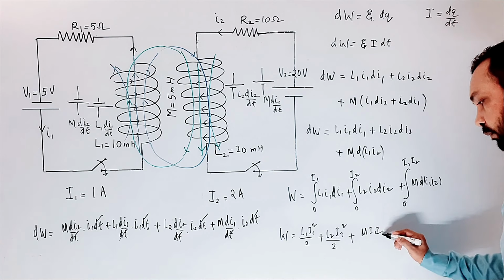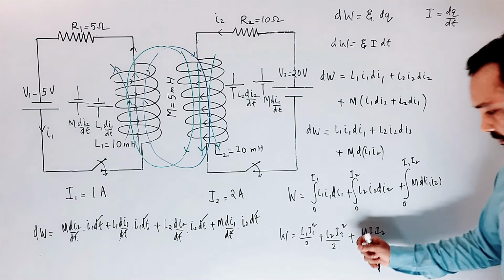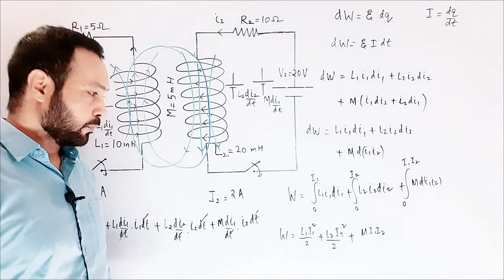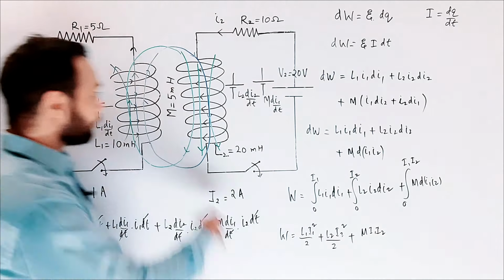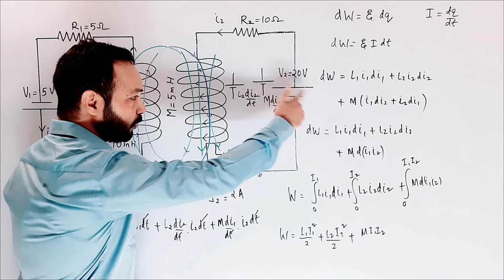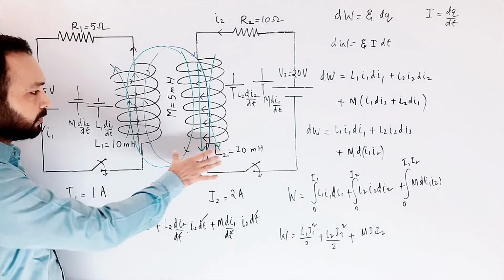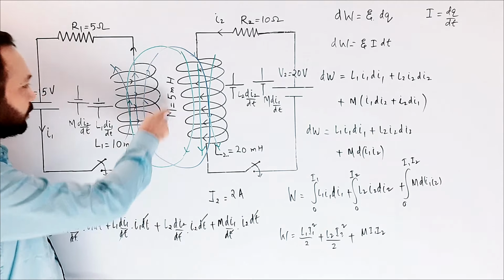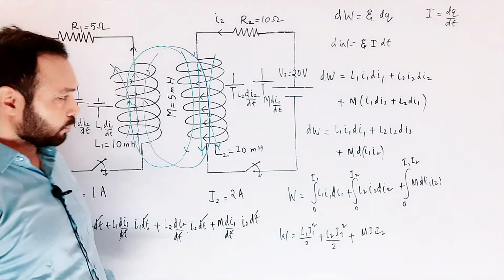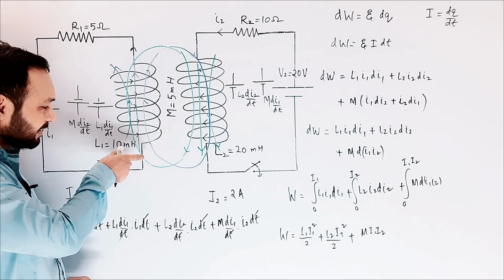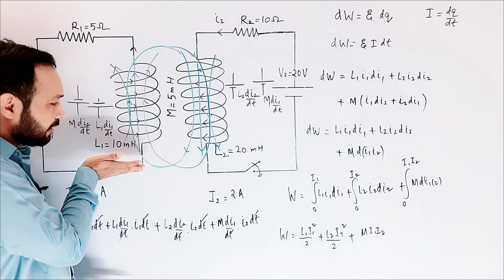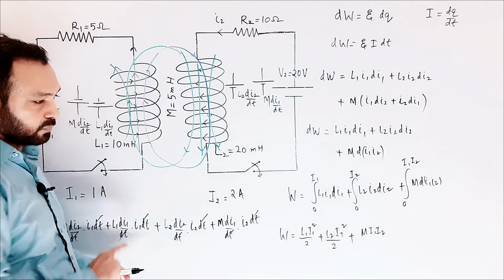That's it. It is here where most students had problems, because in many books it is written plus and minus. It depends: suppose the positive of this battery was below, then the induced EMF because of the mutual inductance would be opposite to this battery, and in that case there will be a minus. But because the EMF due to self induction and the EMF due to mutual inductance are in the same direction, this is plus.